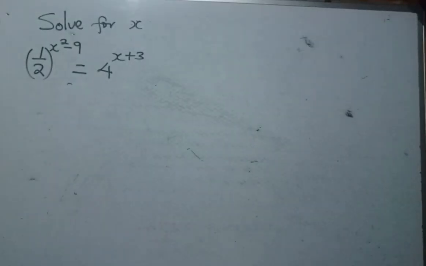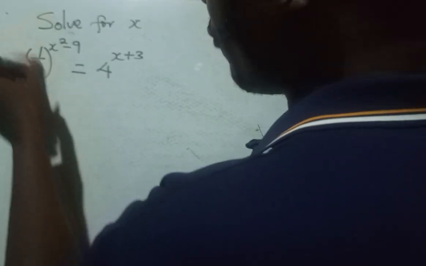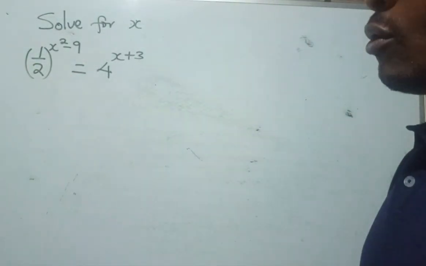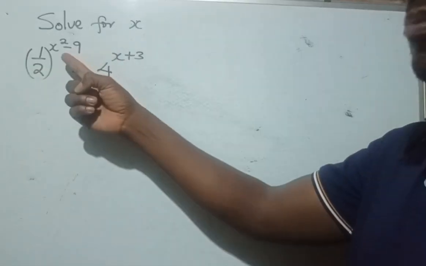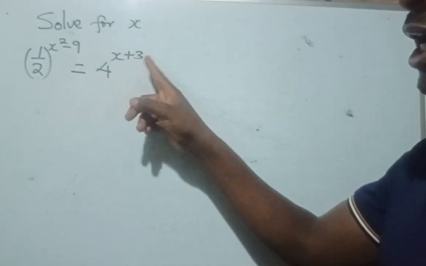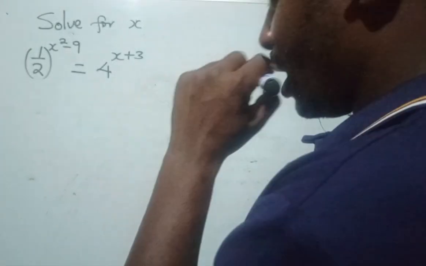Solve for x. That is the question we have. So we are solving for x. The question is (1/2)^(x² − 9) = 4^(x+3). Our first step will be,